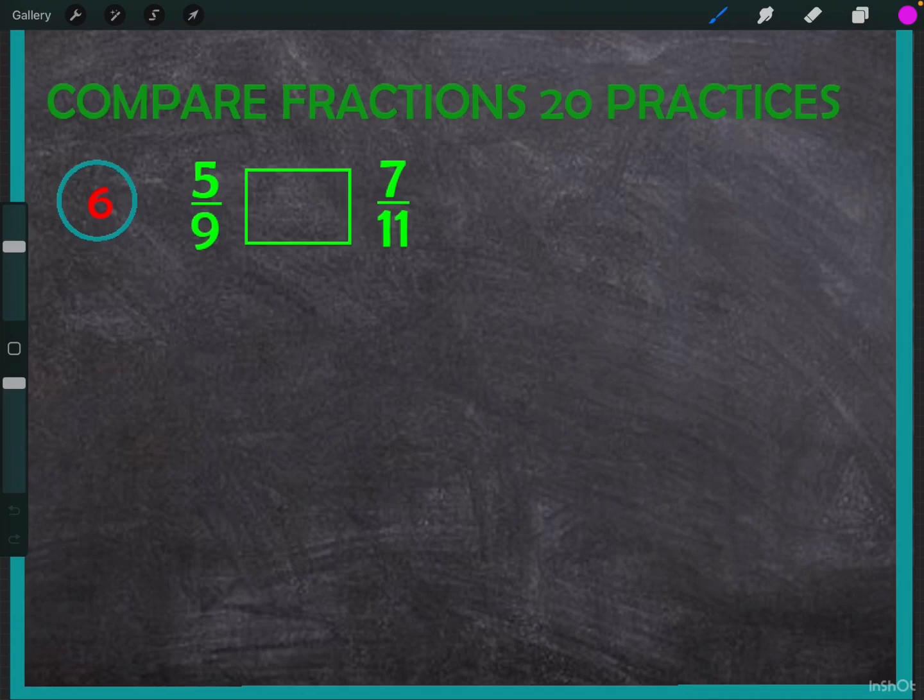Practice number 6, we have two fractions, 5 over 9 and 7 over 11. These two fractions have different denominators, 9 and 11. So we go ahead and find out the LCM for number 9 and number 11. For number 9, we will find out the multiples. 9 times 1 is 9, 9 times 2 is 18, 9 times 3 is 27, 9 times 4 is 36, 9 times 5 is 45, 9 times 6 is 54, 9 times 7